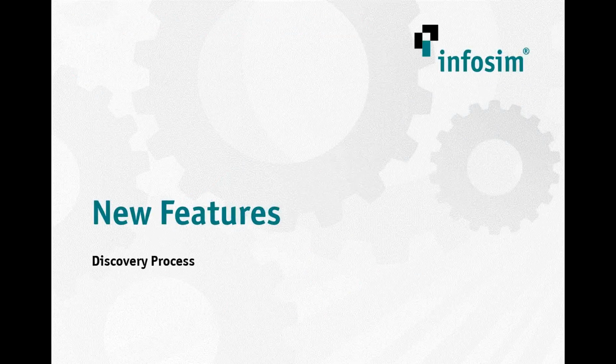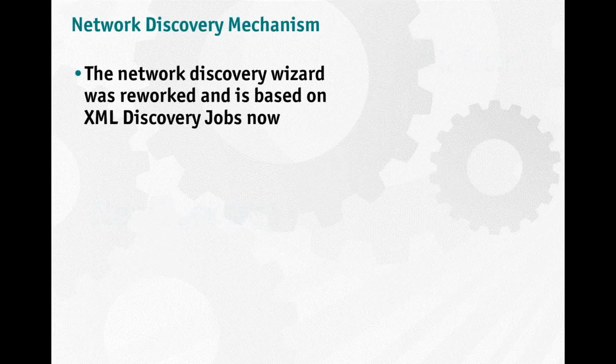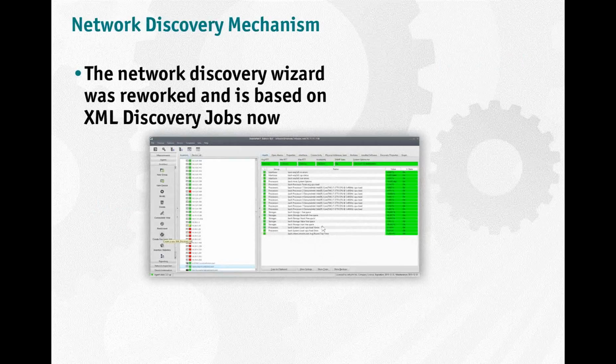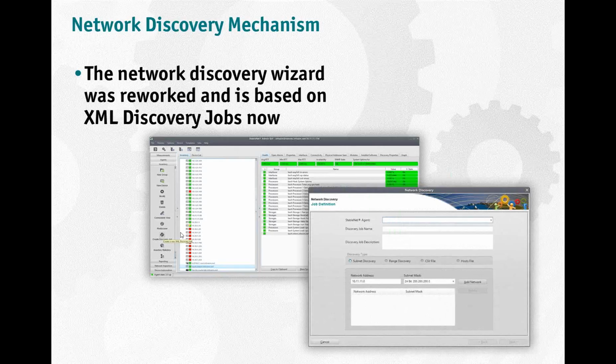We also did some changes to our discovery process. More precisely, we replaced the network discovery, which you know from the inventory, by a new discovery wizard that is based on XML discovery jobs now. So remember, before you had a network discovery button in here. This is now called Create Discovery Job,